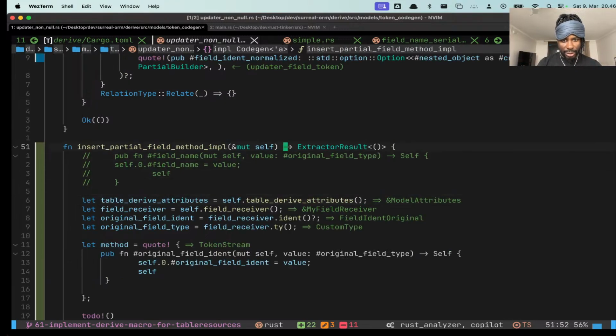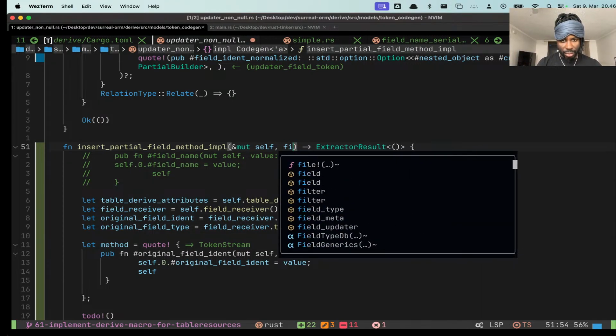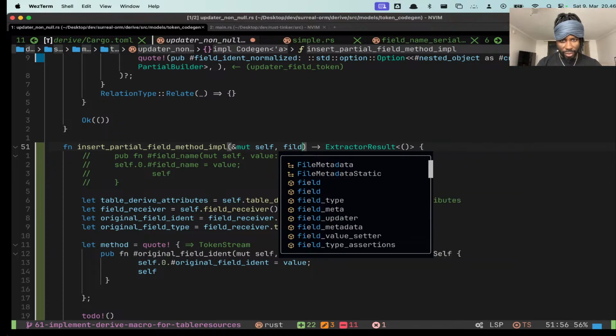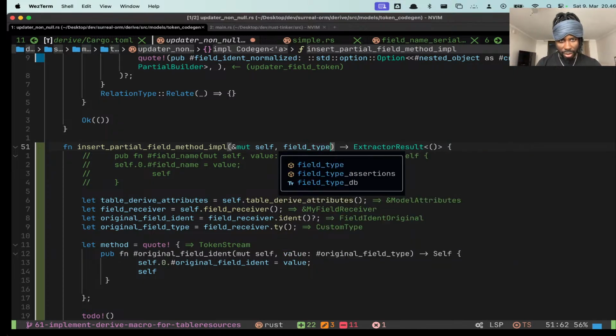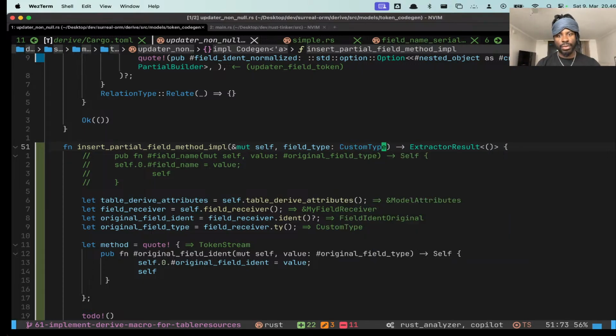So what I can do is basically take the field type and call that custom type. It could be custom type. So yep,